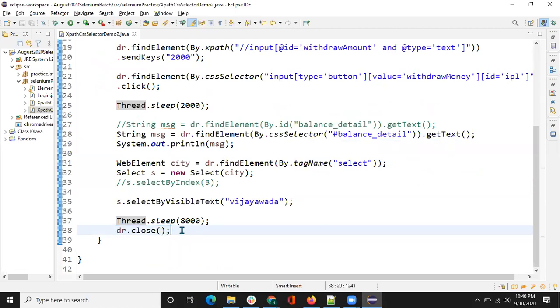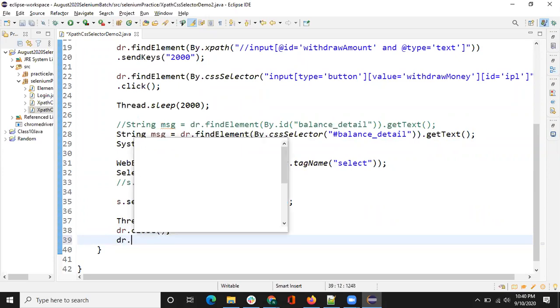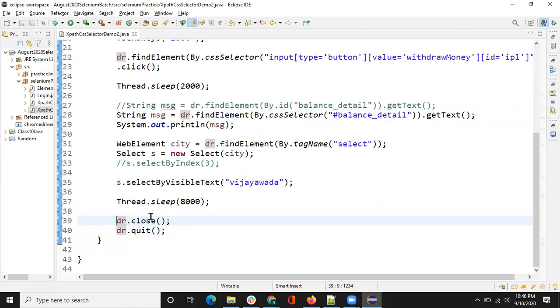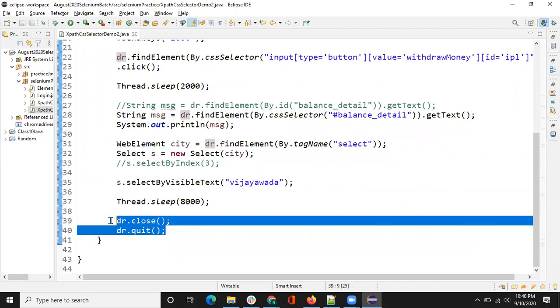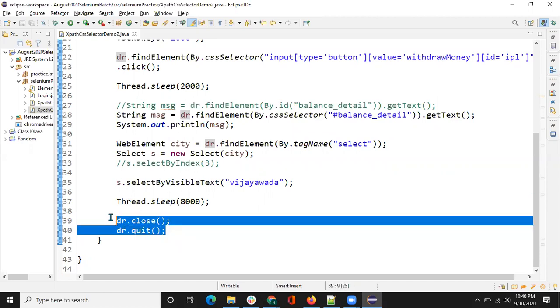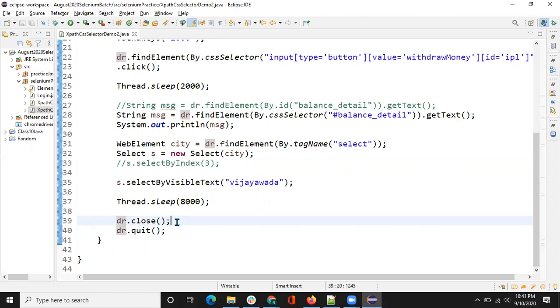So dr.close will close the current window, right? And if you want to nullify the driver instance itself, and quit from the driver instance, you should use dr.quit. It's a good practice that you use both. There is a difference, and I'll explain it at a suitable time. Once we see how to open multiple windows, then you will understand the difference between close and quit. As of now, understand it